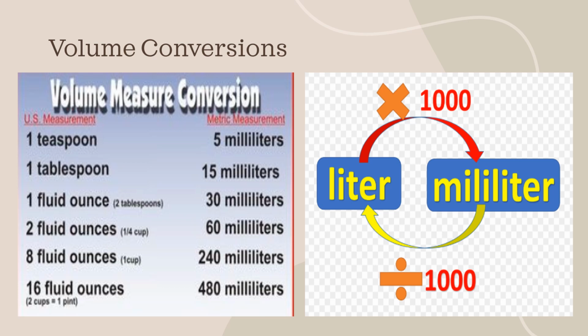When we look at milliliters and liters, this is another metric conversion that's based on 1,000. We have 1,000 milliliters in 1 liter. We use volumes to calculate liquid medication volumes and intake and output. Intake is how much liquid a person takes in, either by drinking or by intravenous fluid, and output is how much liquid comes out of a person.